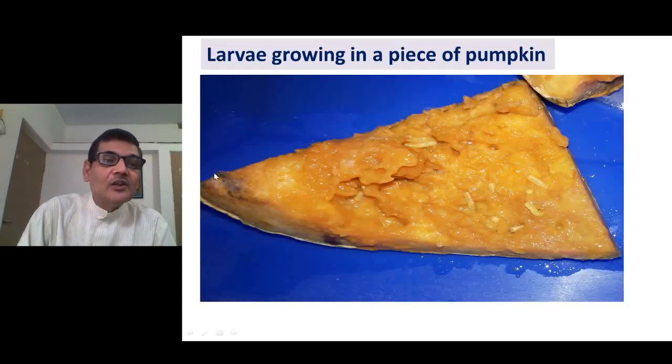See here, it is a small piece of pumpkin in which the larvae are growing. You can see this is a third instar larva which is present over here, and this is another larva. This is the third larva, the fourth one is here, the fifth one is buried half in the fruit, and you can see here these are the portions where tunnel-like structures are there. It means the larvae have gone inside and moved here and there, and because of their movement, such burrow-like